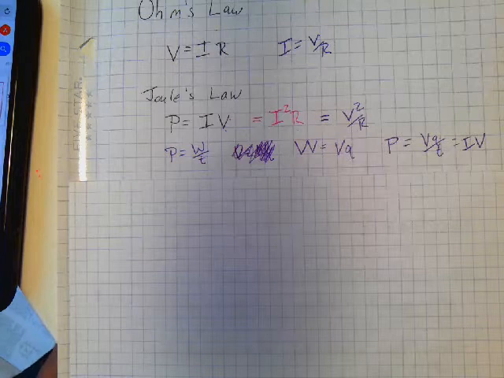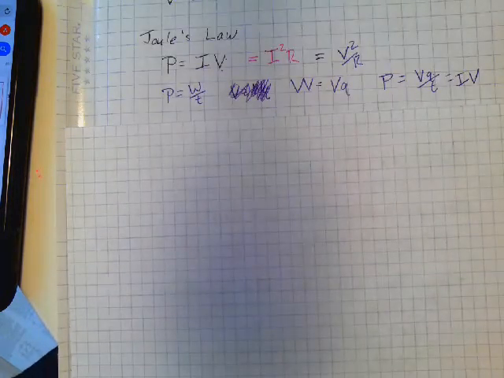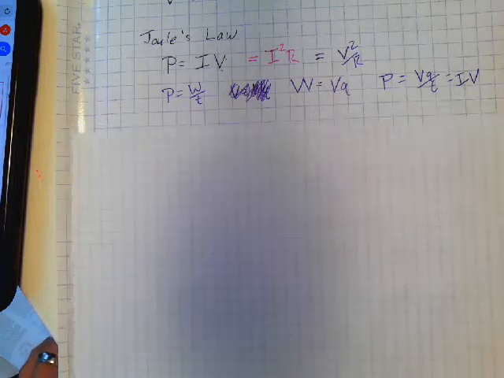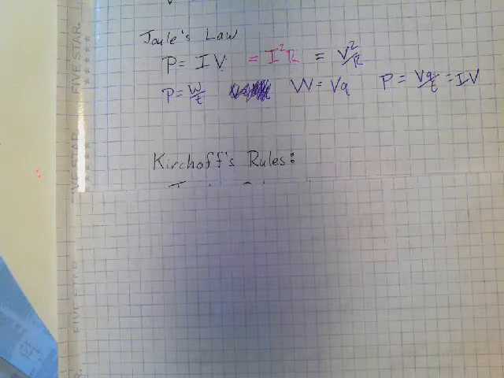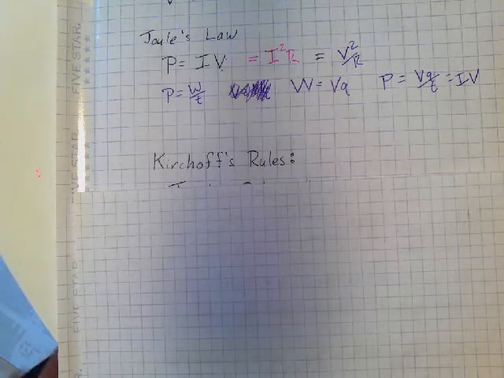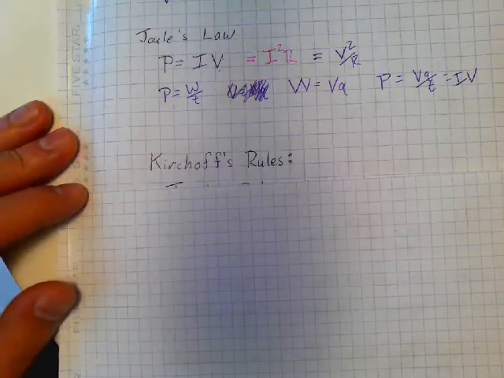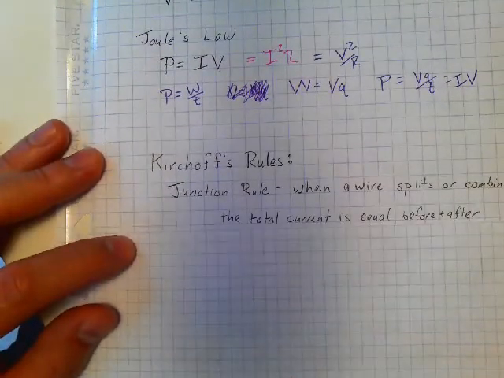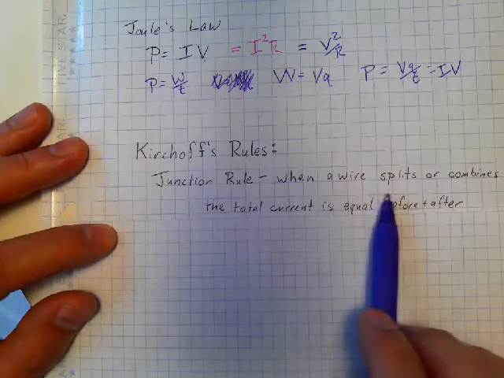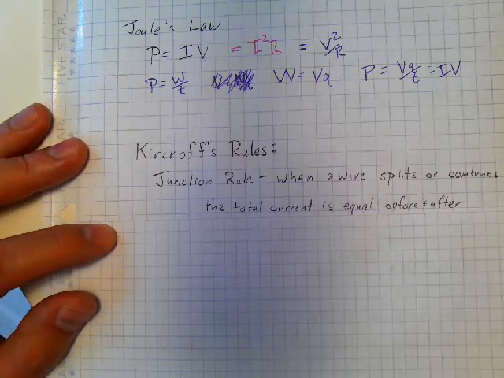If we really want to understand circuits, we need to understand two more laws, this time all given by the same guy. So this is Kirchhoff's rules. So Kirchhoff's rules, there's two different rules. The first is the junction rule. So basically the junction rule is when a wire splits or combines, the total current from that junction is equal